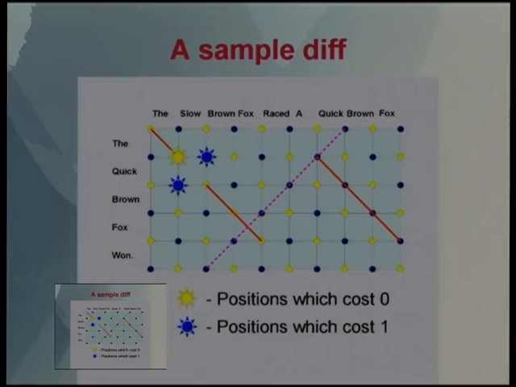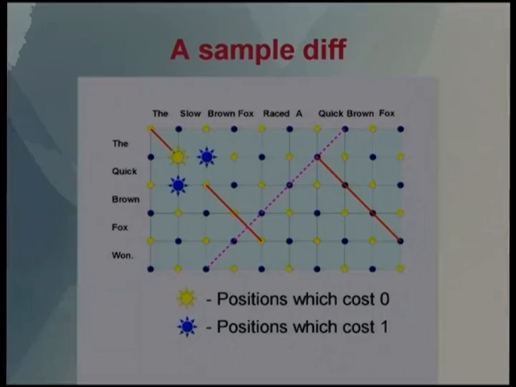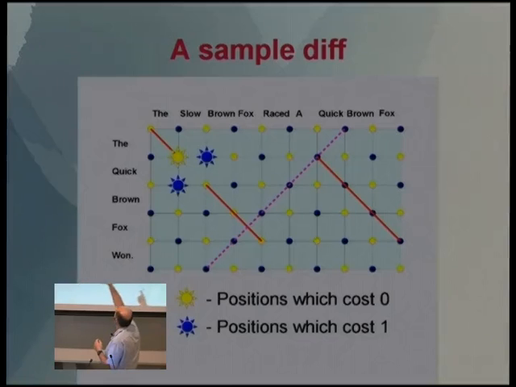And so there are one more dots you can see than words. A word corresponds to a line in the matrix, an edge in the matrix going across or going down. And going across is equivalent to deleting a word in the original, and going down is equivalent to adding a word in the result. So if you went all the way across and all the way down, that's basically saying remove all of those words and add all of these words, and the cost of that path would be 14.